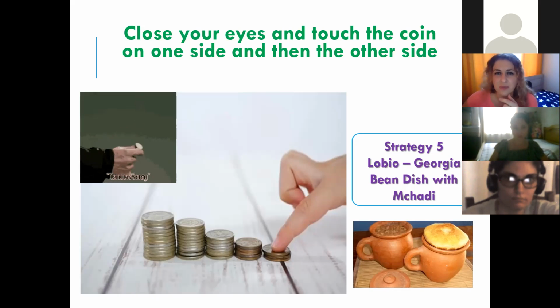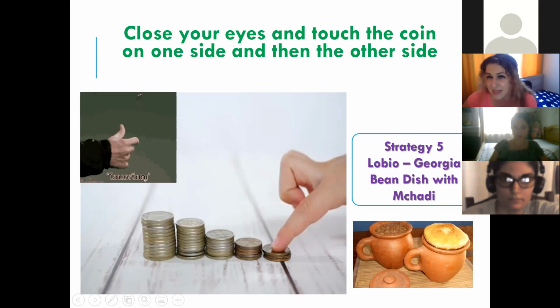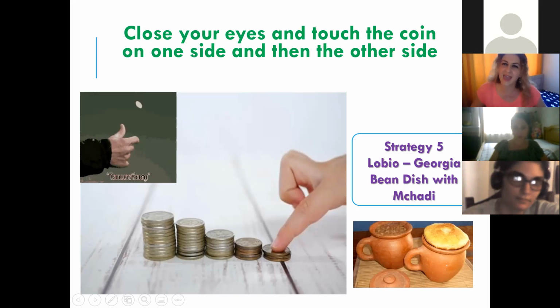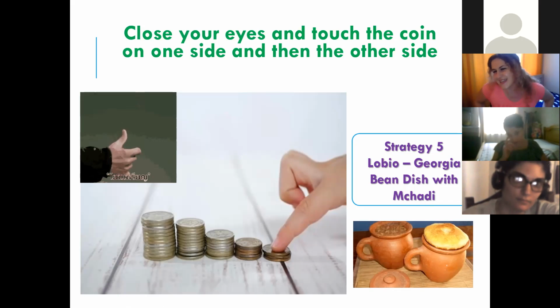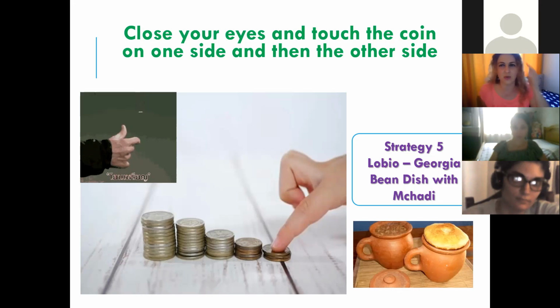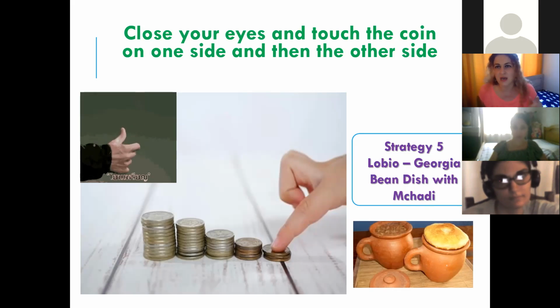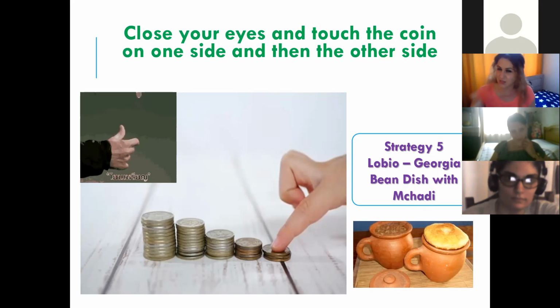I use it all the time. For example, when I'm waiting in a queue, I have some things in my pocket, and I'm touching these, maybe some keys. And I always think, well, this key might be for that room, that key for that room, etc. So we need to stimulate our brain by touching it, and you can practice it when we finish this webinar, and it's very, very interesting.